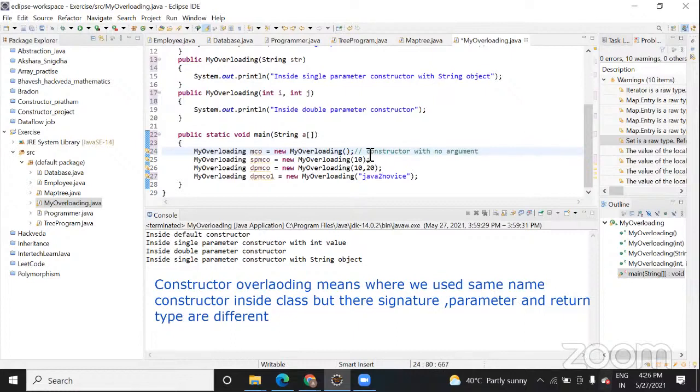Here with a single argument. Here with two arguments, and here you have directly passed the value, with different parameters.